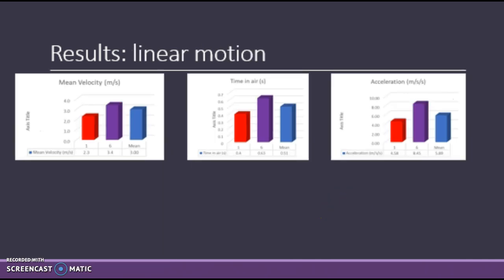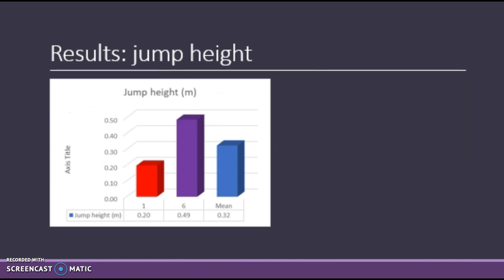Furthermore, person 6 had a greater mean velocity, acceleration, and time in air, so they jumped higher by 0.29 meters. This shows that person 6 has a much greater technique, and they can produce a lot more force in order to